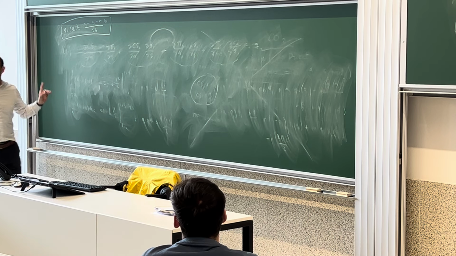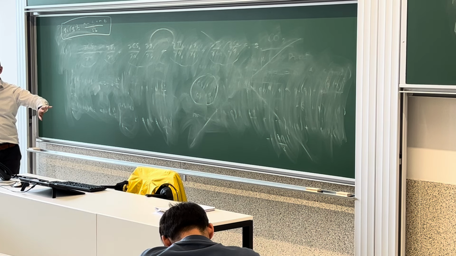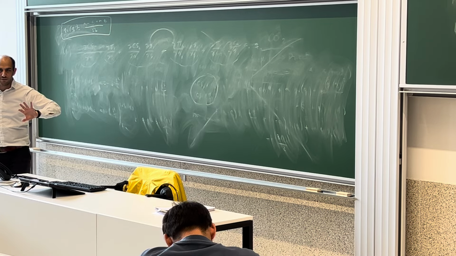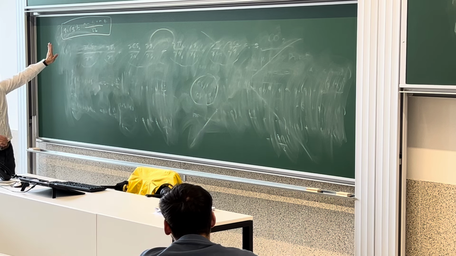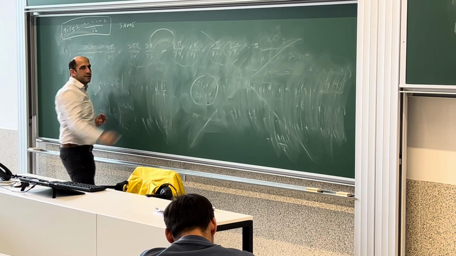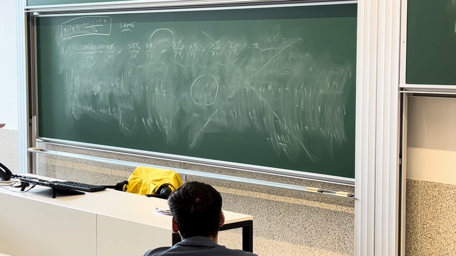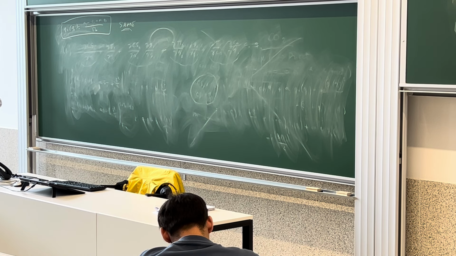This is going to be the best response function of the monopolist in the second period, and that's going to apply both to 1A and 1B. Okay? So this function is going to be the same. Same. Okay, now